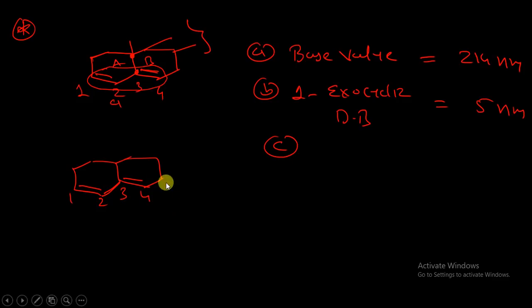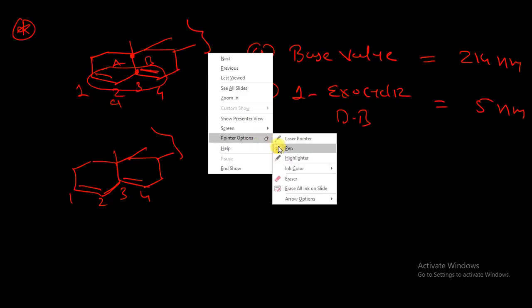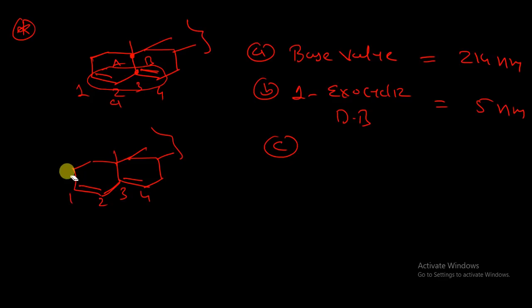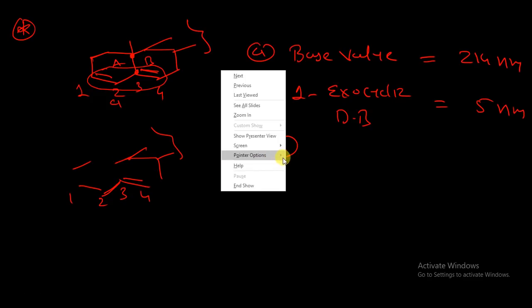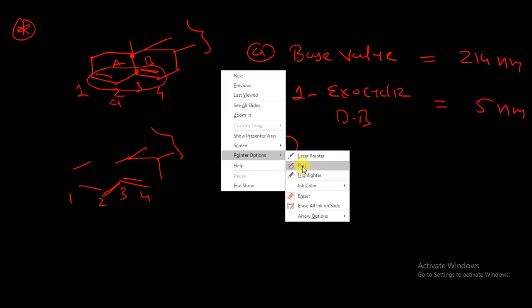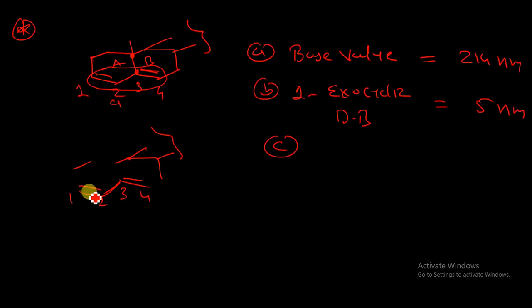Whatever carbon atoms are present here, I just have to consider as ring residues on carbon atoms 1, 2, 3, 4. So what I have to do is cut here. Suppose I cut at carbon number 1, so there will be one double bond here, and I cut here and here. So I have to cut three ways, so there will be 3 ring residues present on the 1, 2, 3, 4 carbon atoms.